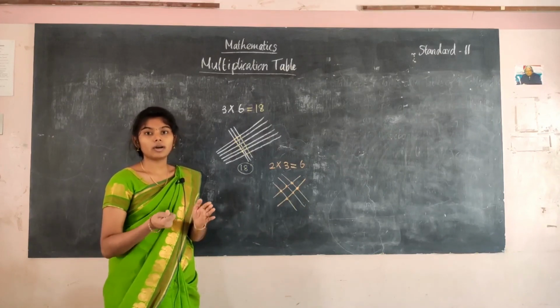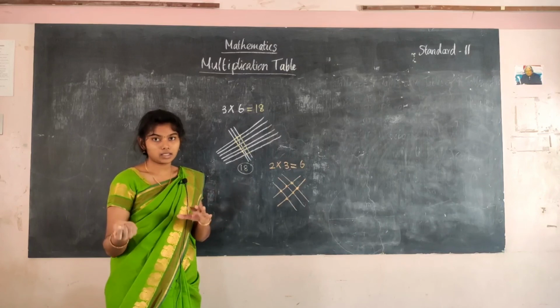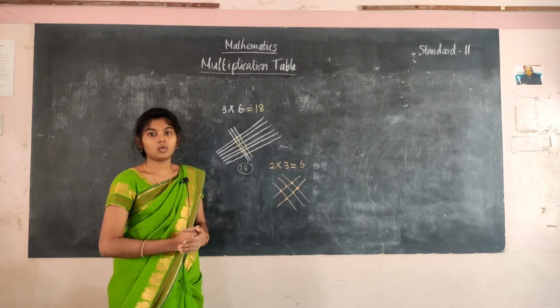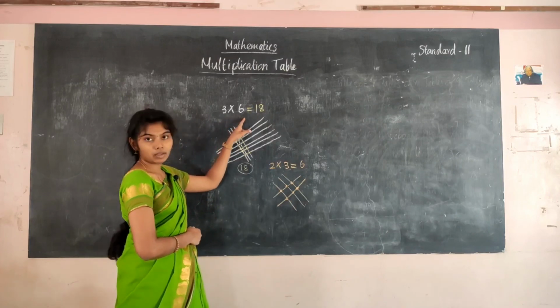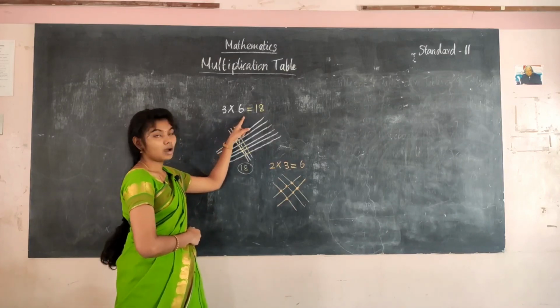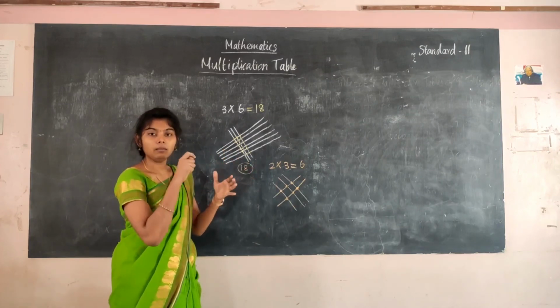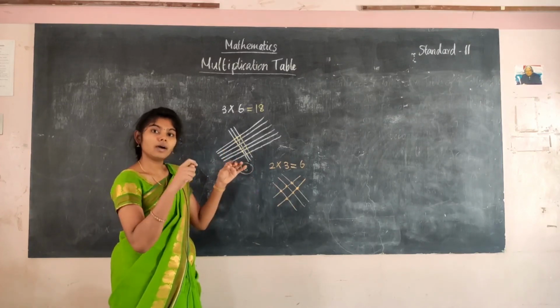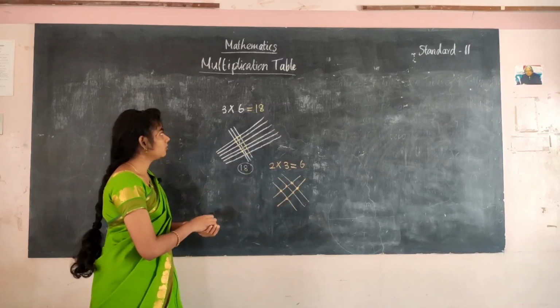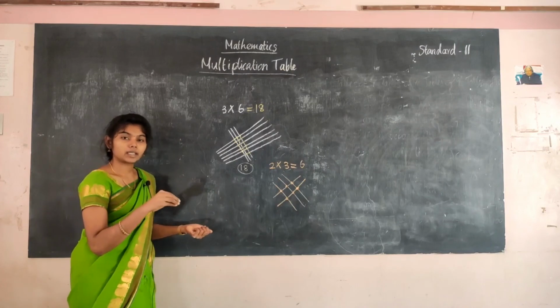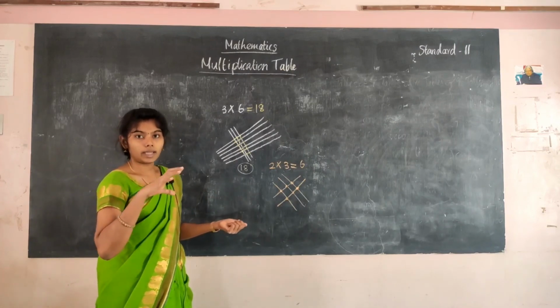In your home you are having waste straws. If you have waste straws, take those straws and do the activity that I am giving now. So see here, 3 6 I have given now. Take this number and take the straws and keep them in this crossed way, and paste them on the paper. Then you find the result like that. So find for the 4th table or 3rd table, any one table, and do this activity. Okay, do this activity that I have said now.